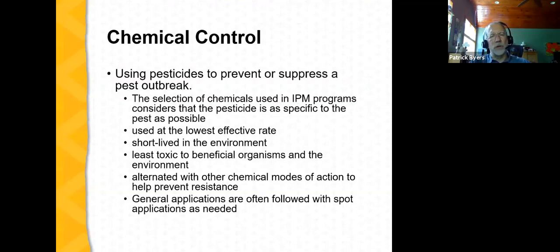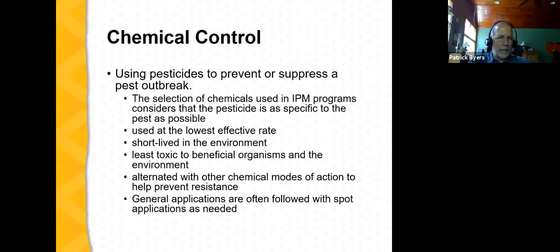Make sure you select pesticides that are least toxic to beneficial organisms. For example, now it's a common situation where the label of the pesticide will include information on how to minimize injury to honeybees. Very important thing to consider. In using chemicals, make sure that you use practices that reduce the development of resistance. Many diseases, just by their nature, can develop resistance to pesticides. And a fungicide that works well this year may not work so well next year, and the year after may be completely ineffective. So it's important to alternate the pesticides, the fungicides that are used to manage diseases, to use different modes of action to slow down or prevent the buildup of resistance.